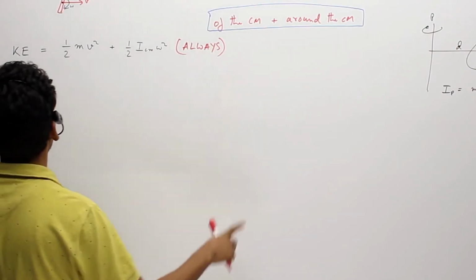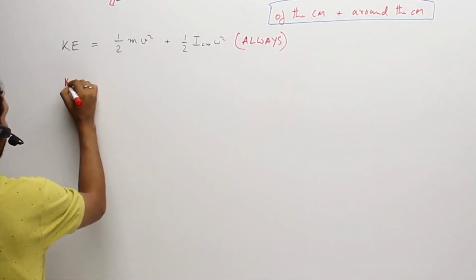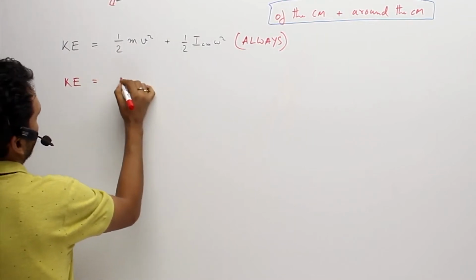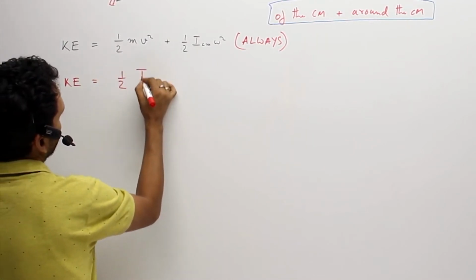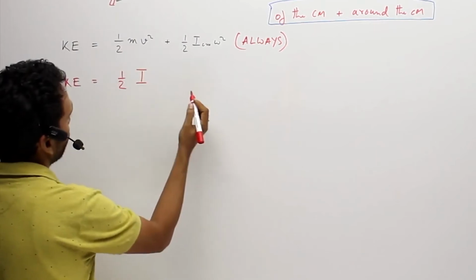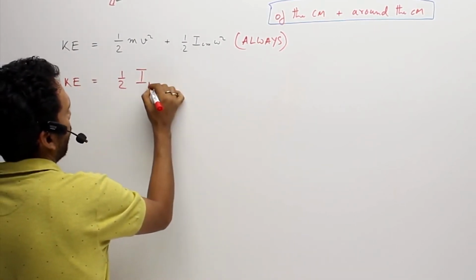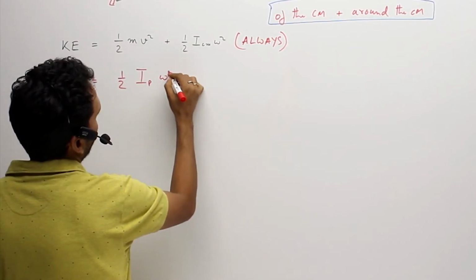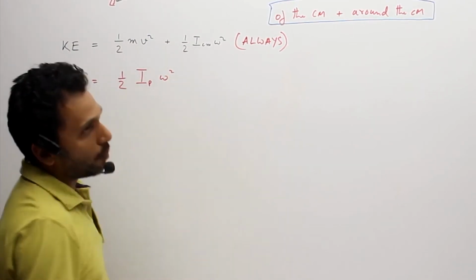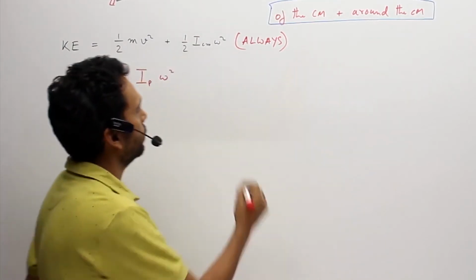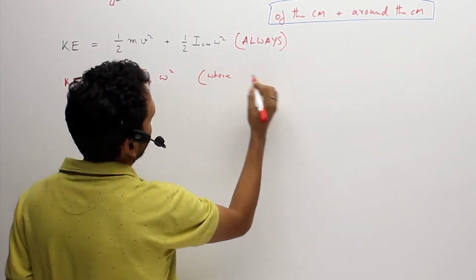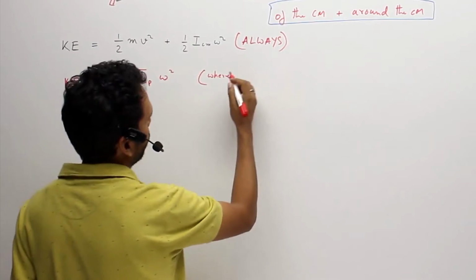So I will again give you a question and draw a diagram for that. So I'll write another formula for kinetic energy, and that's a simpler formula, probably simpler for many of you. So that is half I omega square, but this I is about a fixed point of rotation, where P is a fixed axis of rotation in fact.